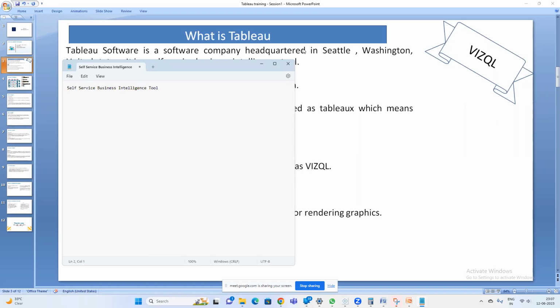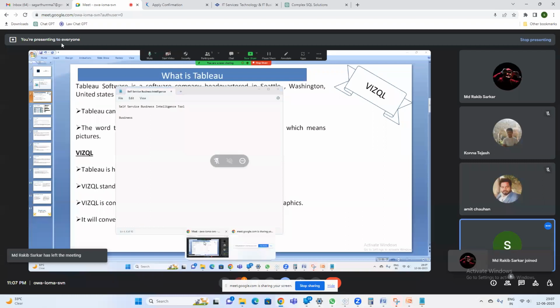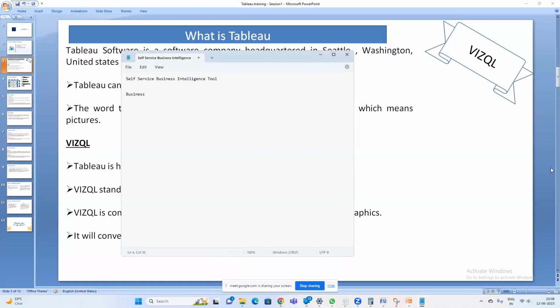And why do we call this a business intelligence tool? So it is involved in business. Business intelligence is a combination of business and the technical knowledge of it. When I say business, let's say we have data like